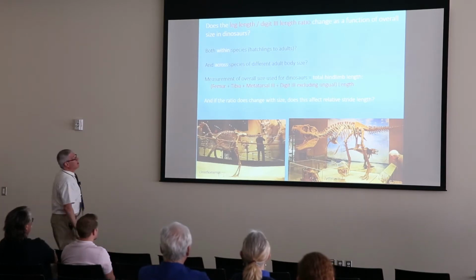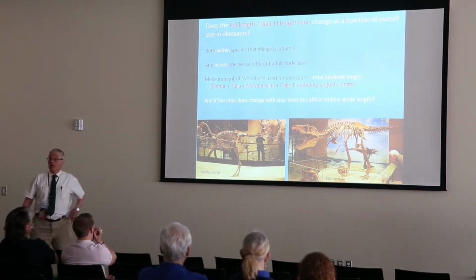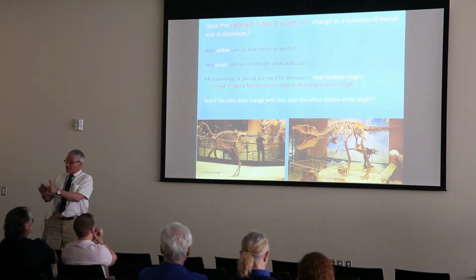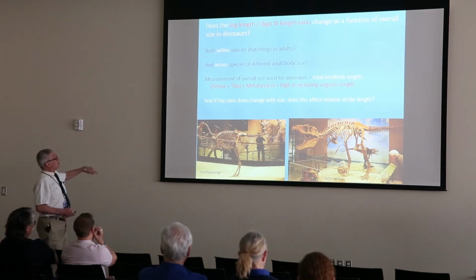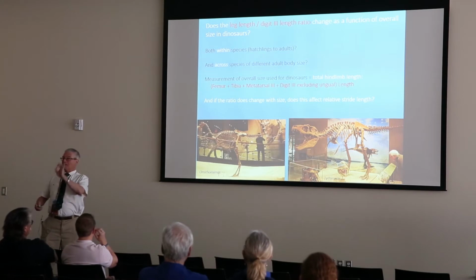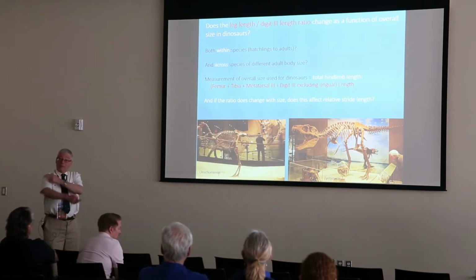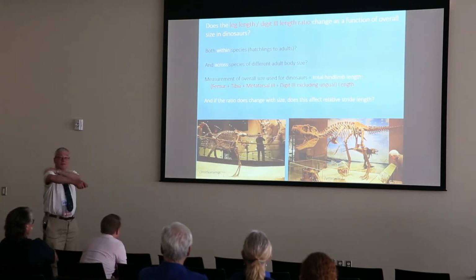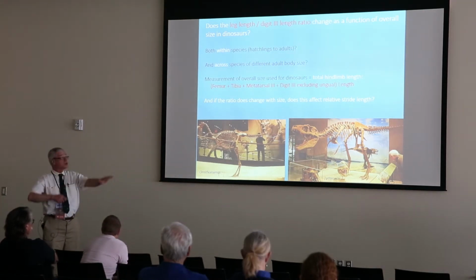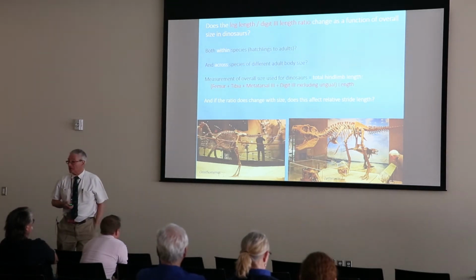So, does the leg length to digit 3 ratio change as a function of body size in these bipedal dinosaurs, both within a species, as you go from itty-bitty ones to great big ones, and across species that are of different adult body size? The measurement for overall size of the animal that I'm going to be using will be the sum length of the entire leg, from the femur all the way to the tip of the toe. And if the ratio does change with size,